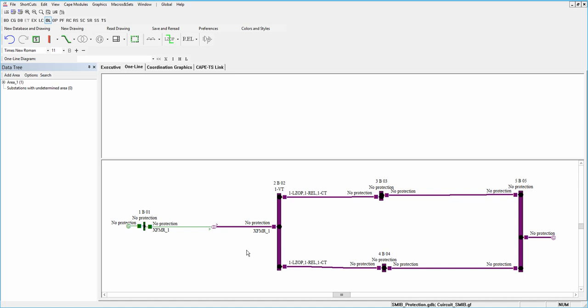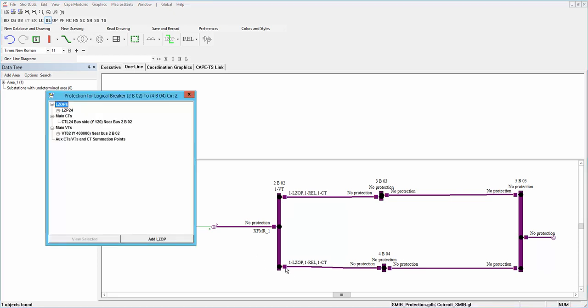Hello everybody. In this video I wanna explain the transient stability studies in the Cape. After doing the relay settings and defining the protection zones for the distance relay, we should define the trip logic for the relay. In the one line diagram tab, by double clicking on the breaker icon, this window